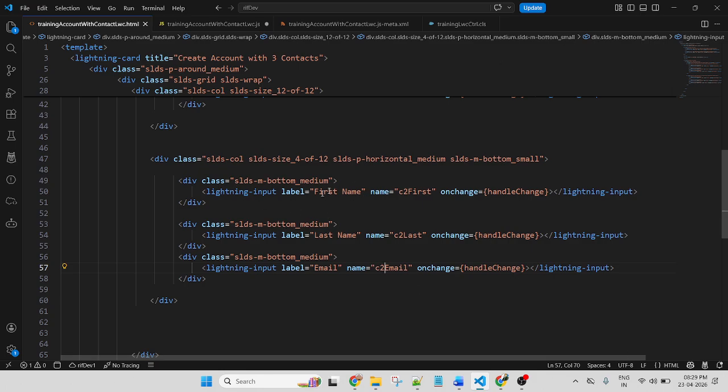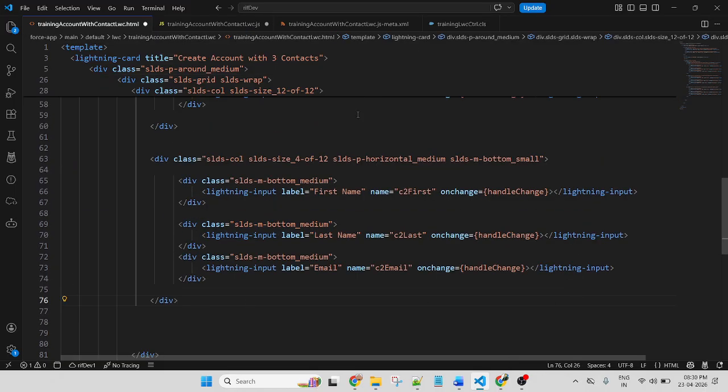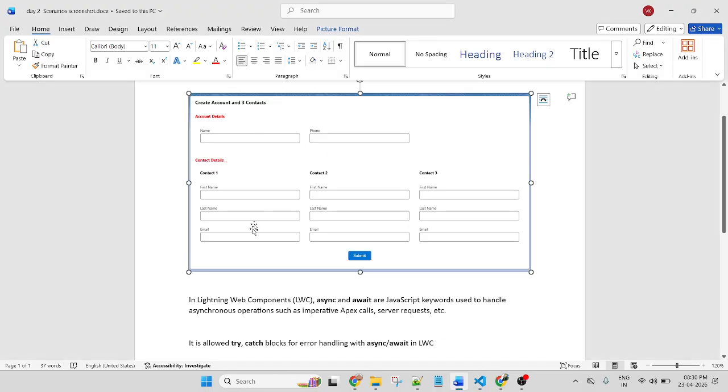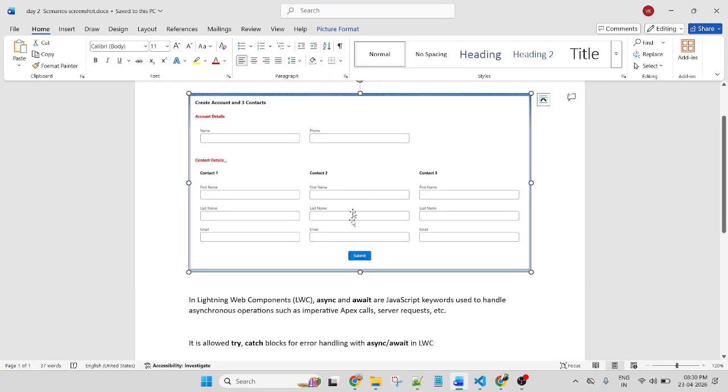The labels will be the same, first name, last name, email, but the name will change. Now copy this div for the third one, and this time I am changing to 3, 3, 3. That means I am putting names, this one for C1, this one for C2, and this one for C3.